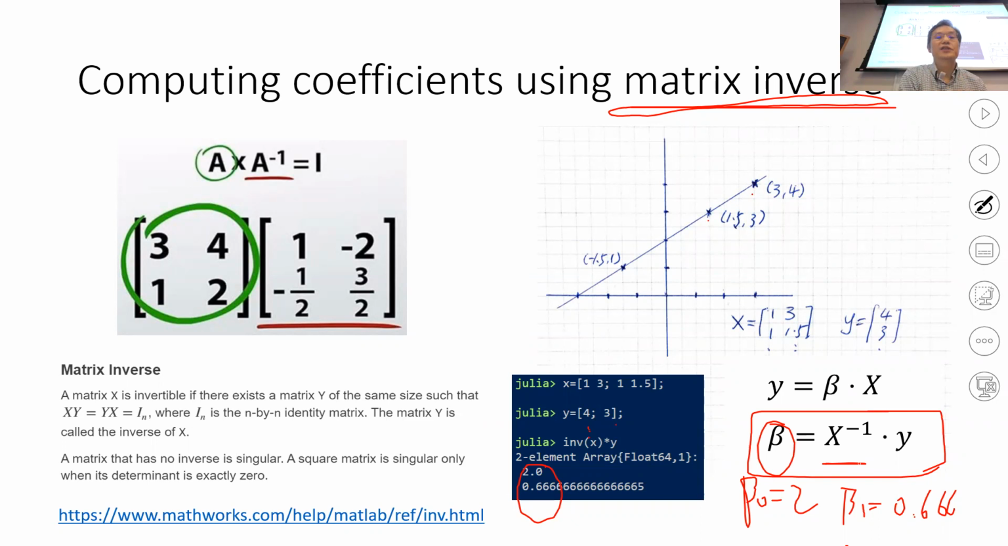By the way, the definition of the inverse of a matrix is that the matrix times its inverse will be the identity matrix, which has 1 on the diagonal and all the other places are zeros. So it's different from the 1 over n. So if you have n as a